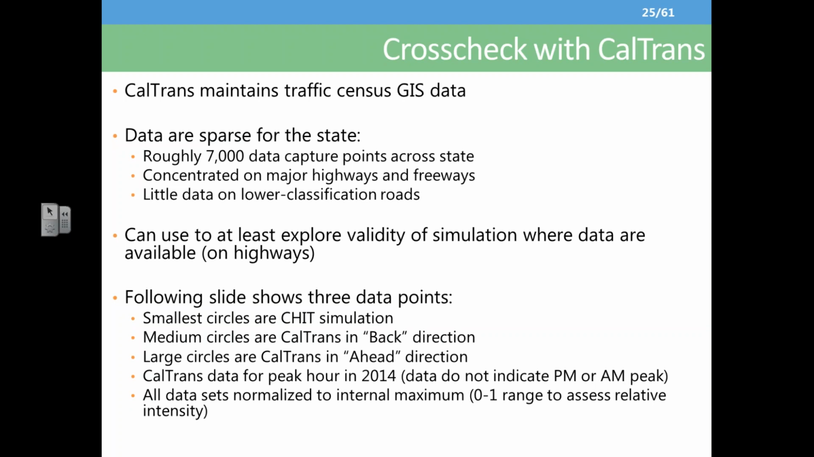at those points. The CalTrans data are for the peak hour in 2014, so the vintage matches the vintage of the loads data that we utilized. One of the downsides of the CalTrans data is that it does not indicate whether it's the AM or PM peak. It's just giving you the peak travel during the day, and it could also not be during the traditionally considered AM or PM peak. And all data sets are normalized to their internal maximum. So we're looking at everything on a 0 to 1 range because what we're really looking at is